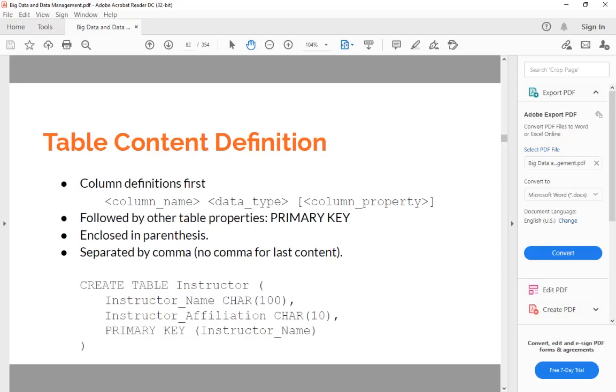In defining a table, you will define the columns first, then you will provide table properties. There are multiple styles, multiple types of table property. One of them is primary key. You can define primary key either as a column constraint or a table property. If it's a column property, you will add primary key after the column data type as a part of the column definition. But if you want to define primary key as a table property, then you will have a separate row of code